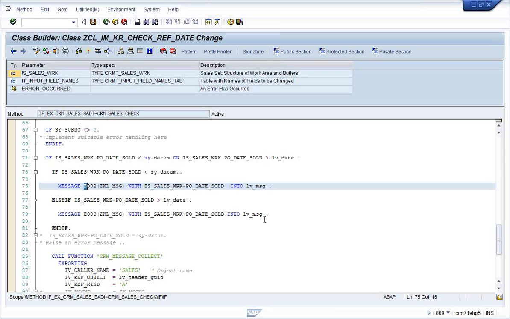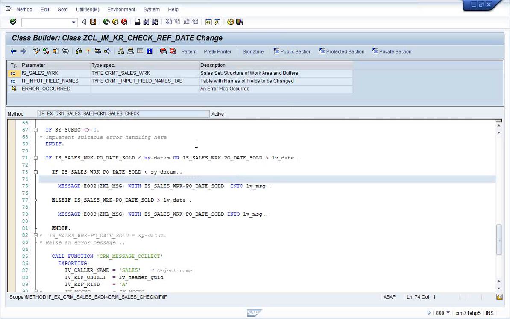Otherwise you will end up doing the classical way of finding BAdIs, like putting a breakpoint in the CL exit handler. You will find a list of BAdIs and go inside each and every BAdI, analyze which one is the correct one. Or you do a trace. A trace also gives you a list of BAdIs, so from that you have to identify what parameters each BAdI has and which one is the correct one. We have classical techniques also, but they are time consuming. That is about BAdIs in the one order model.